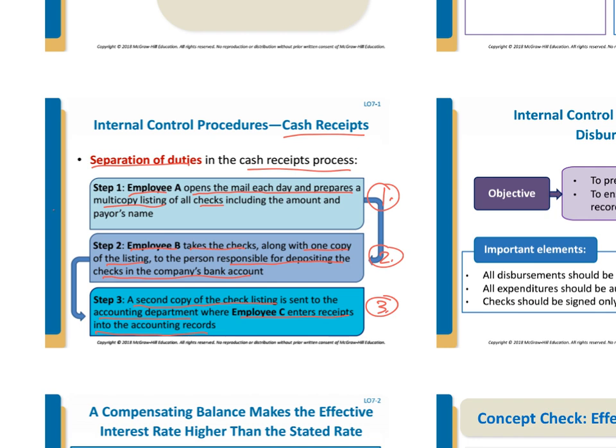This says, for instance, if employee A decided to take one of the checks and put it in their pocket and then endorse it in the back with maybe a standard sort of stamp or something that the company might have and try to deposit that check, remember that employee number 3 has access to the accounting records where employee number 1 doesn't. So what's going to happen is customers that owe the company money are going to go long outstanding times without paying. And employee number 3 is going to start to ask the question, why are we not receiving cash from these customers that owe us?